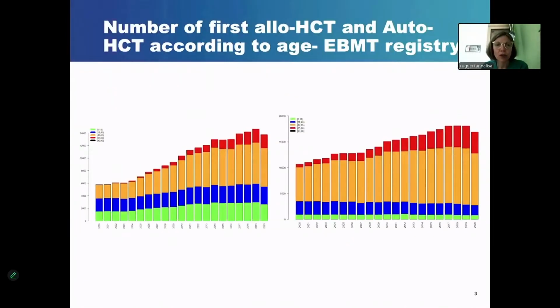This is my disclosure. As we can see, the number of patients transplanted for different hematological diseases is constantly increasing during the years, and these are data from the recent export from the EBMT registry. And given